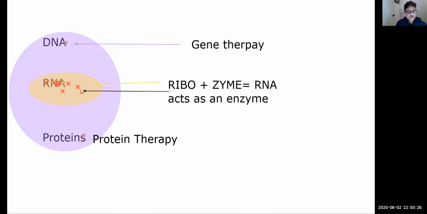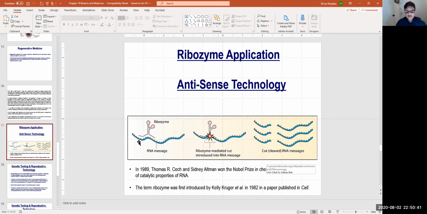So DNA could be substituted by gene therapy. Proteins could be taken care of by protein therapy, by providing more protein, normal protein. Ribozyme is the process where, let's say this is a disease mRNA that would make diseased protein that would exacerbate the disease. These ribozymes will break the RNA, cut it into pieces, so that the bad protein is not made. And this ribozyme was discovered by Thomas Cech and Sidney Altman, who won the Nobel Prize.